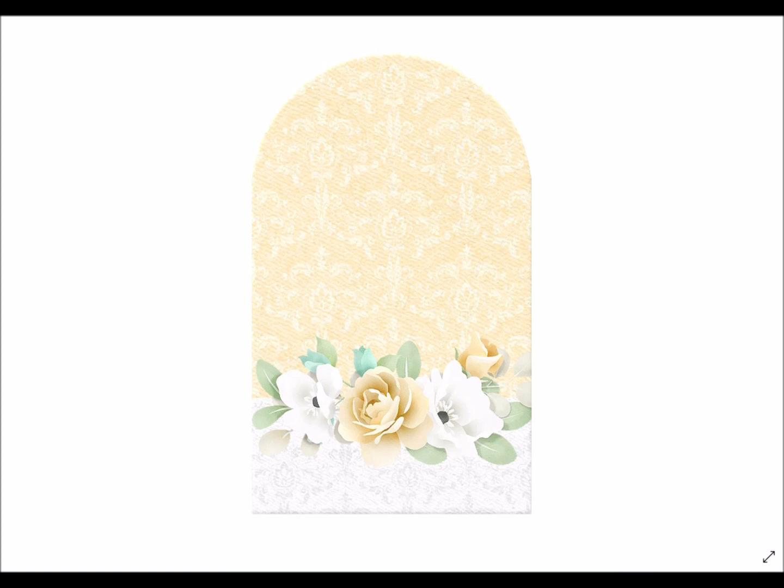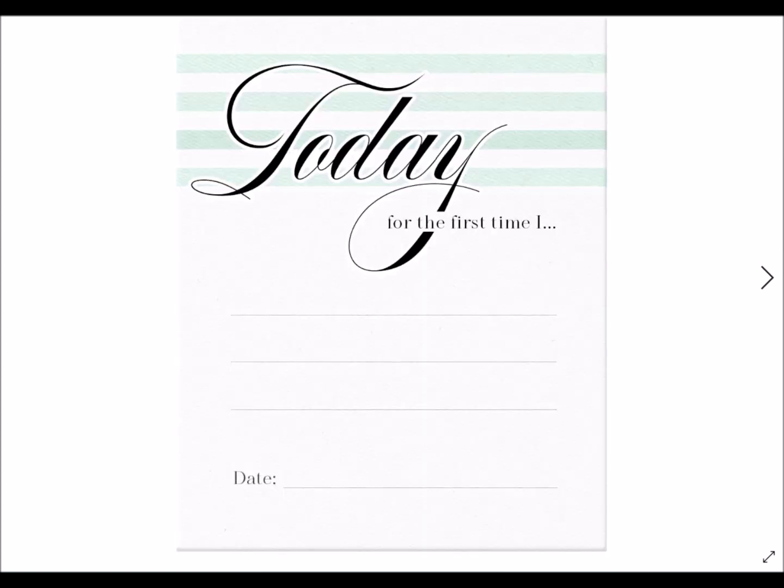So the tabs again are great standalone elements, but you can also place them on photos, and you can journal on these. There are many options with these as well, so don't forget to use those. The today cards, again, are something to capture a really big memory. Today, for the first time, I blank. It allows you to handwrite in,